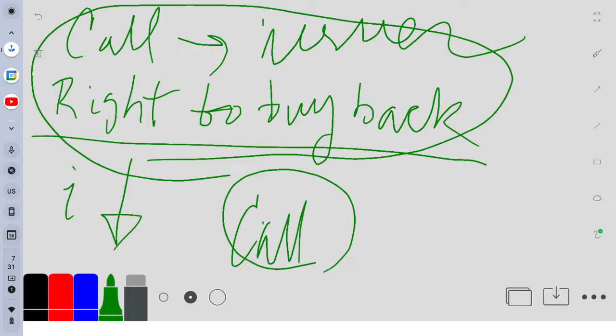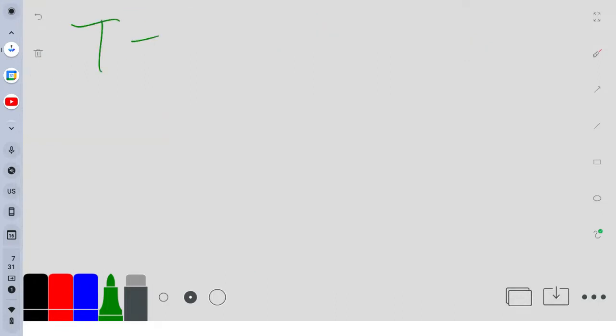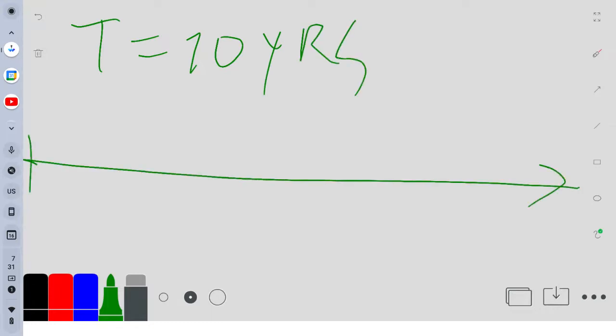And if the bond is called, who gets the hit? Who suffers? Who loses? The initial lender. The lender takes a hit. The lender or the bondholder suffers, right? They lose money. Why? Suppose the maturity of this bond is 10 years, but this is a callable bond, right? 10 years.